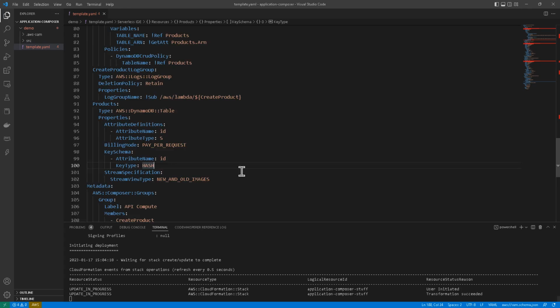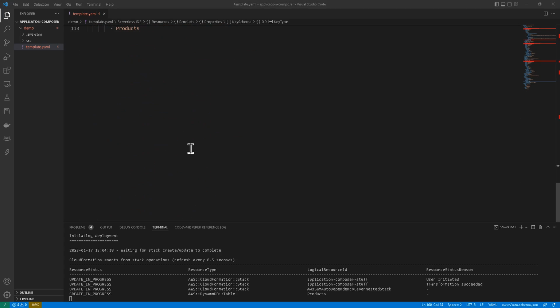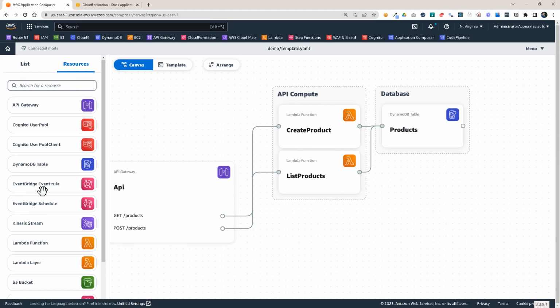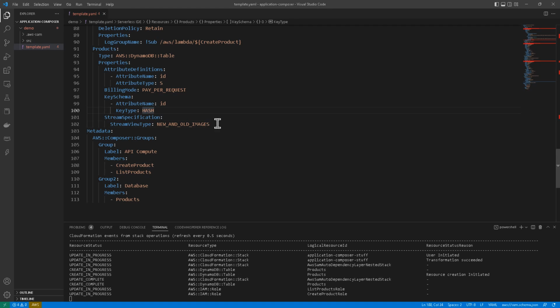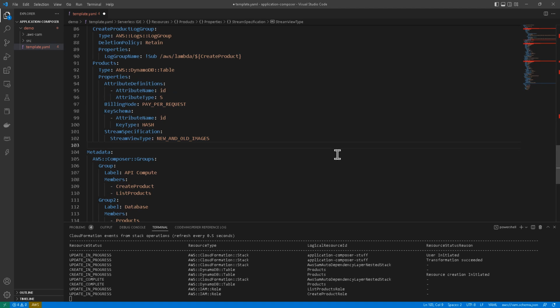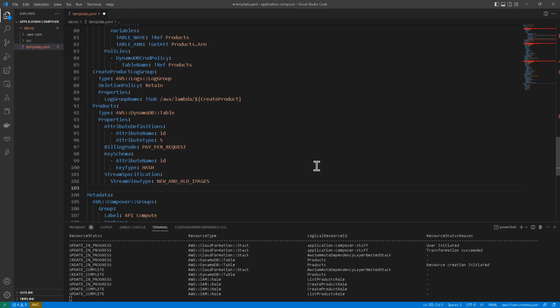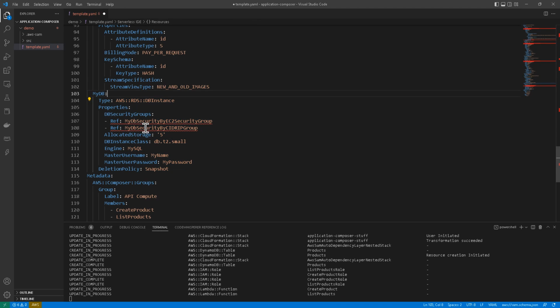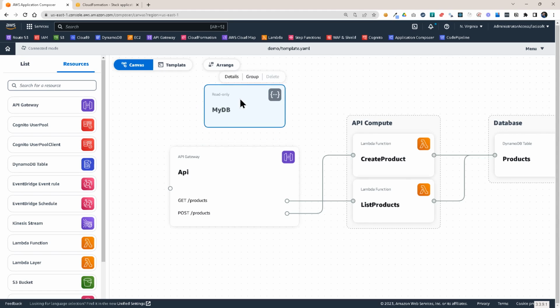So I can add some things here in this SAM template that are not supported here in Composer. So you see, we don't have an RDS database, so RDS is not supported. That is not a serverless product, but sometimes you might need to use an RDS database. So if you want to add it to your diagram, you can just go here and add the database as well. Of course, normally you wouldn't use DynamoDB and RDS together, but let's just, for the sake of this demo, add an RDS database. And I'm pasting a snippet for that. I'm saving it. And what will happen now, if I go back, you see it automatically added it here,